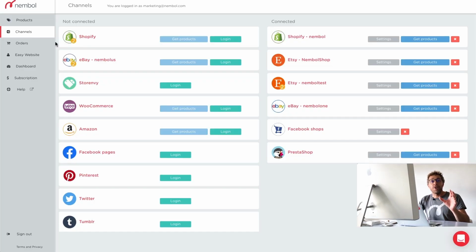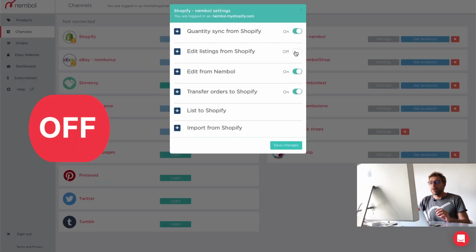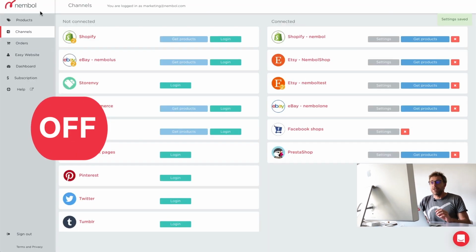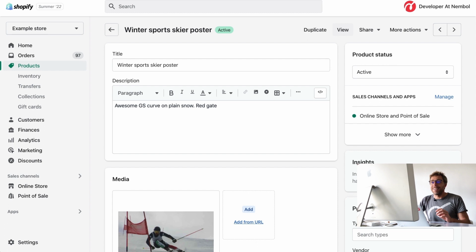So we showed how you can edit in Shopify and transfer such edit to Etsy. And again, this applies to other channels you may connect through Nembol, including your Etsy too, your eBay. Now we're going to see what happens if I turn the edit listings from Shopify off, save changes, go back in